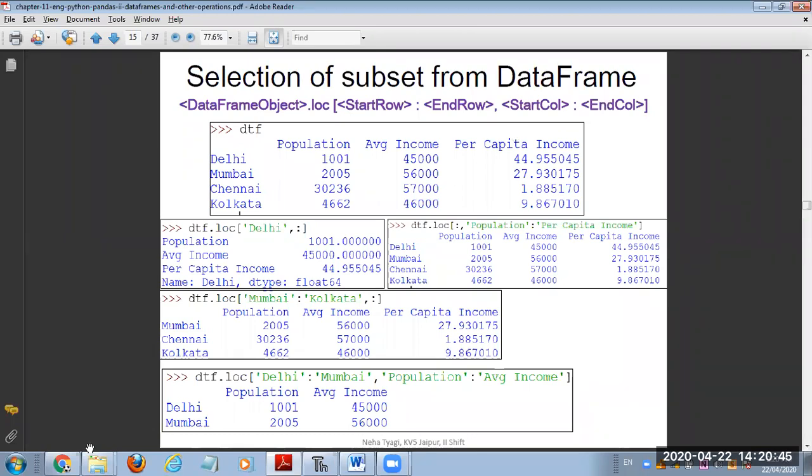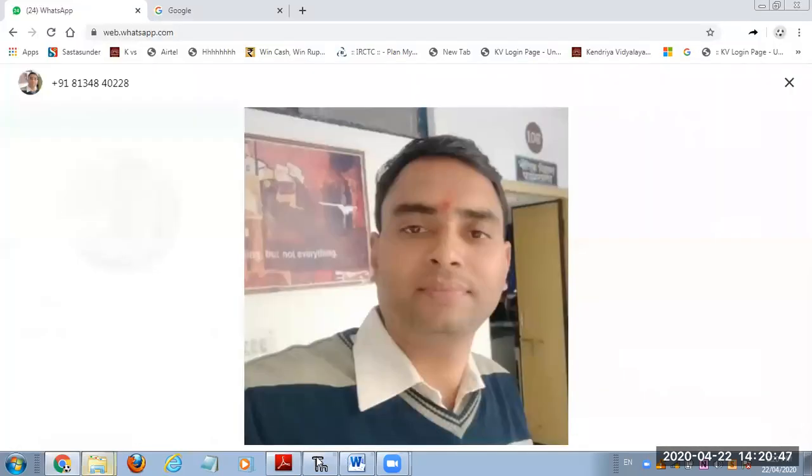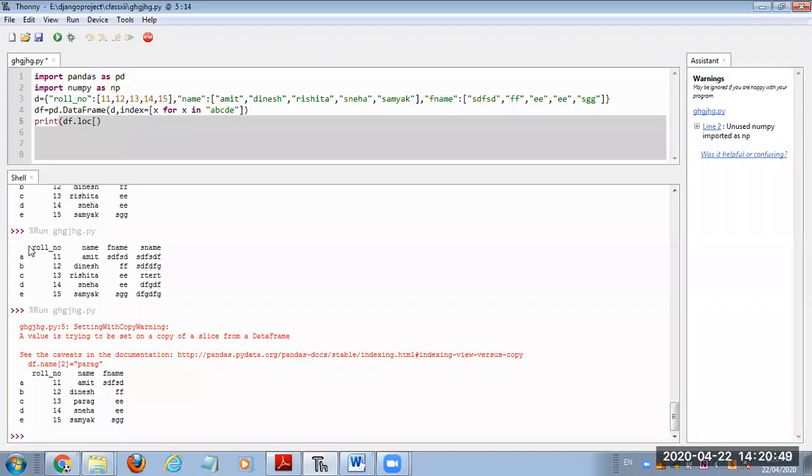When we have to mention roll number, name, F name, S name, these are the column index and these are the row index. Whenever there is a need to mention the row index or column index, then we can use the loc function. And if we want to mention the integer position of columns and rows, then we can use the iloc function.